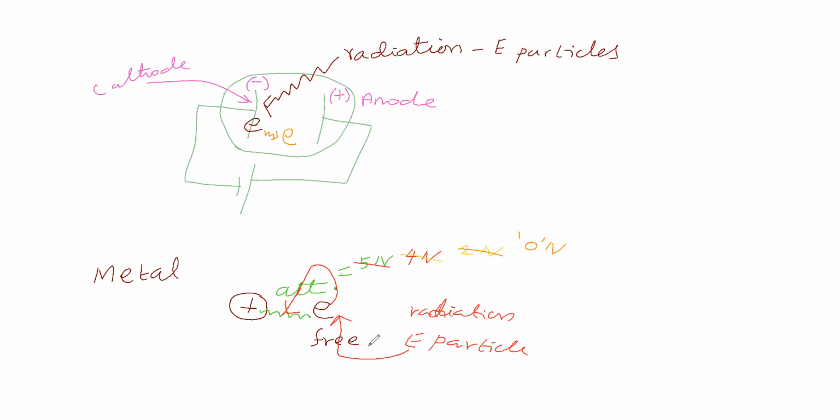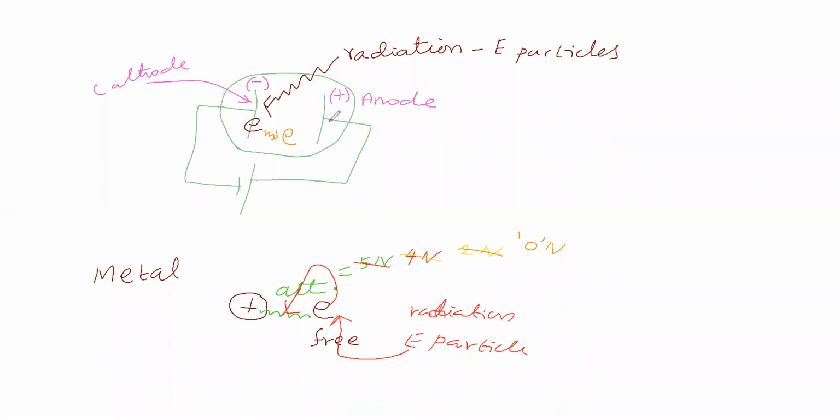Now we will see this anode. This anode is carrying positive charge. That means it has a poor number of electrons. It is in need of electrons. That is the meaning of this anode. The anode is carrying positive charge, it has fewer electrons, it is in need of electrons.